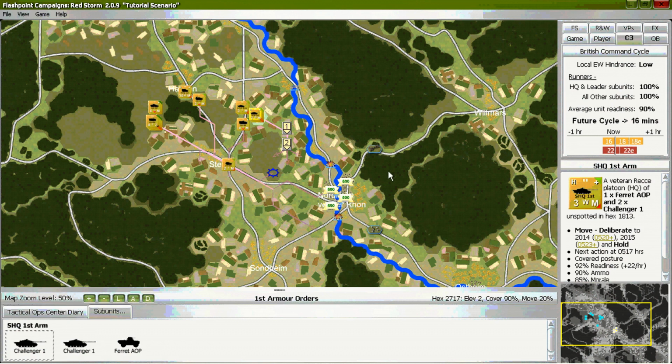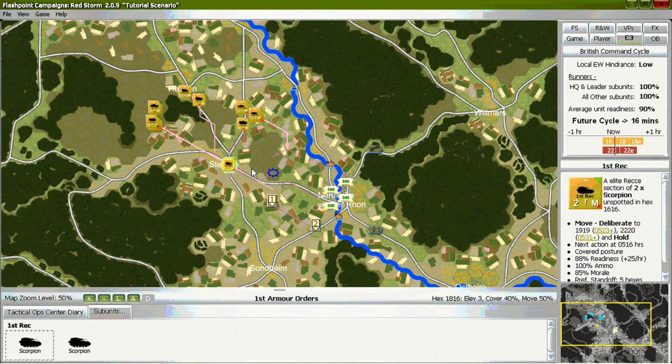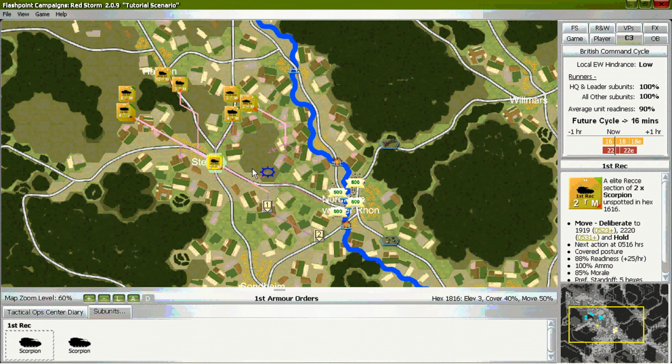Taking a look at the first reconnaissance unit, it should have moved a fair amount down the road, and all of the other units should be in motion.